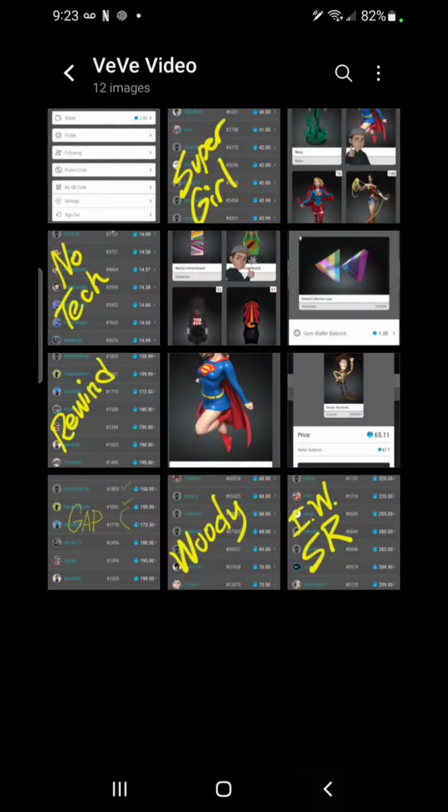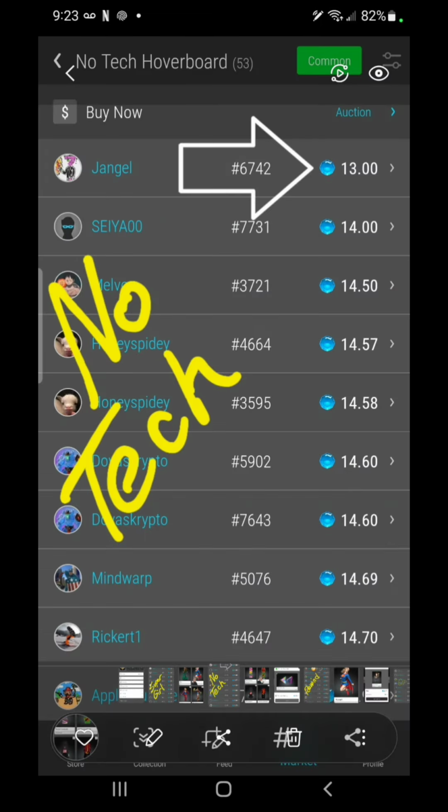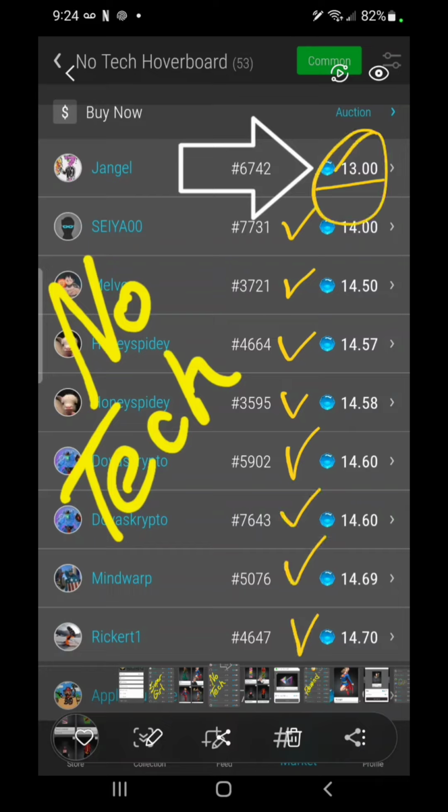So today we looked at the price of No Tech and let's check out the gaps. We had a listing for 13 gems. Then we move up $1 whole to 14. And then it's 14.50, 14.57, 14.58, 14.60. See how tight these prices are? They're all tight, but the biggest gap was right there for the 13. So I jumped on that